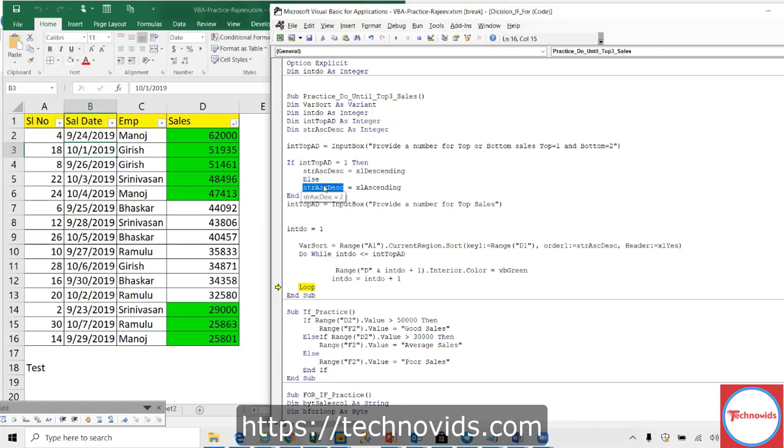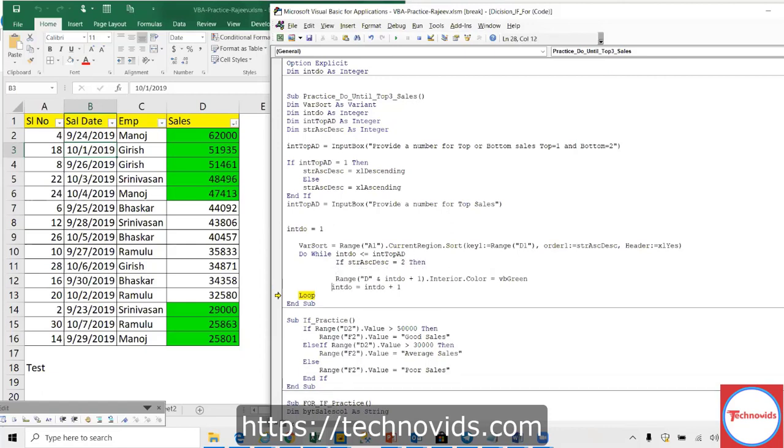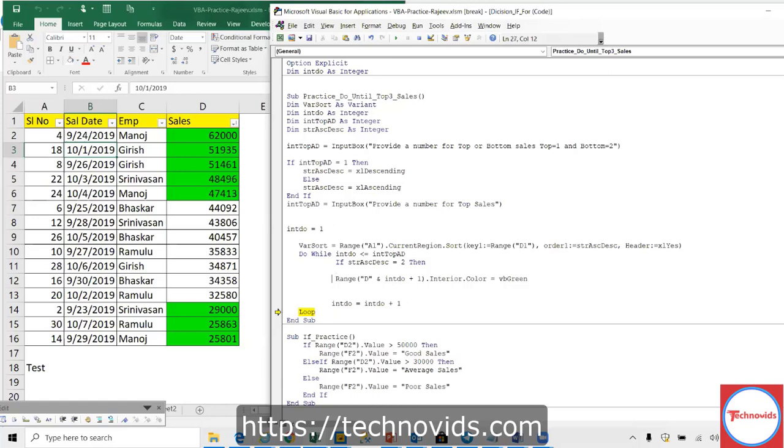So that is a full-fledged program now. If this is equal to 2, then there is something else in this part.